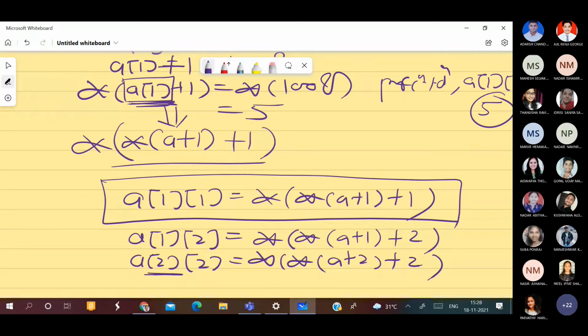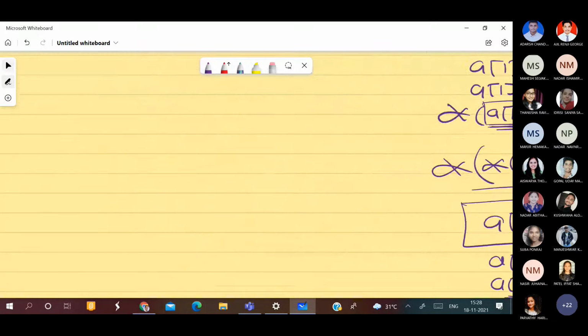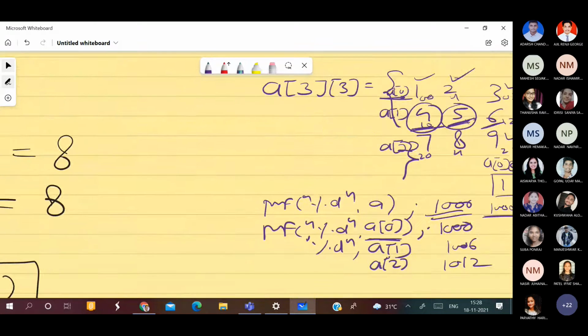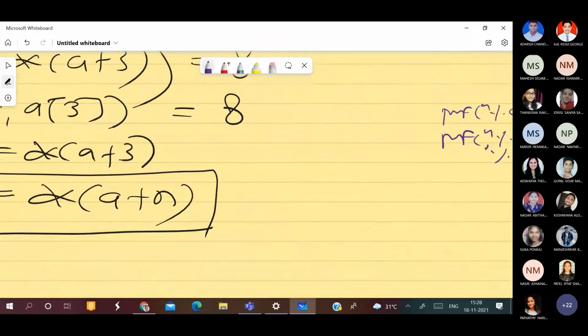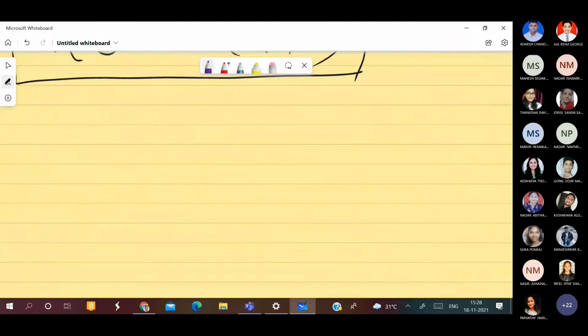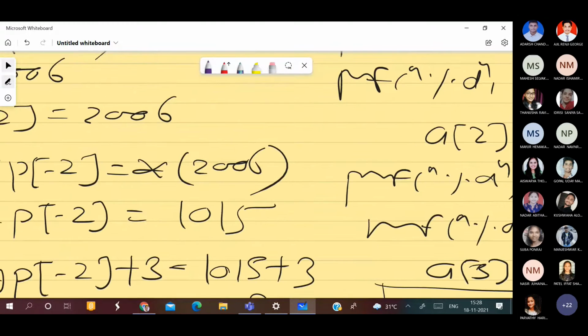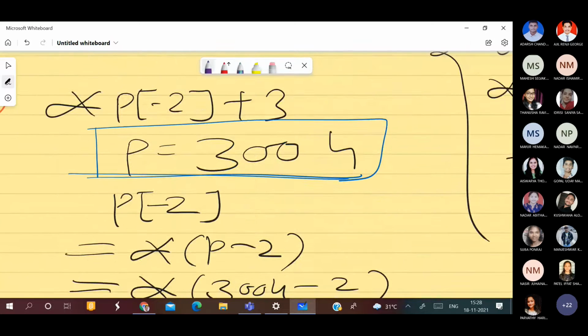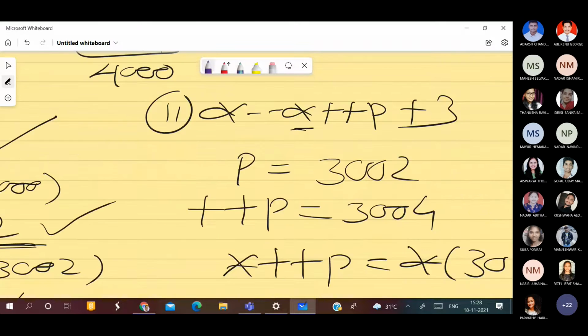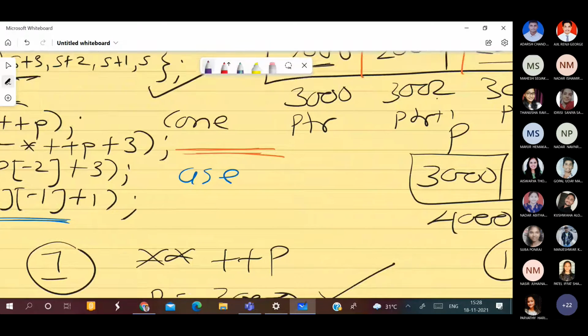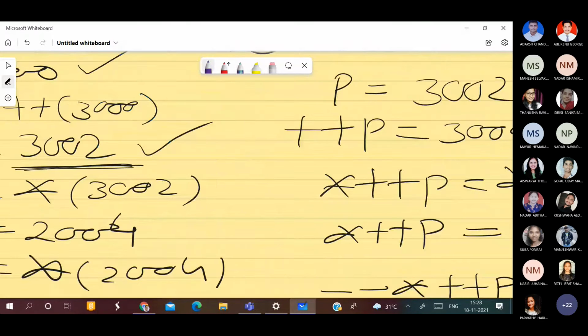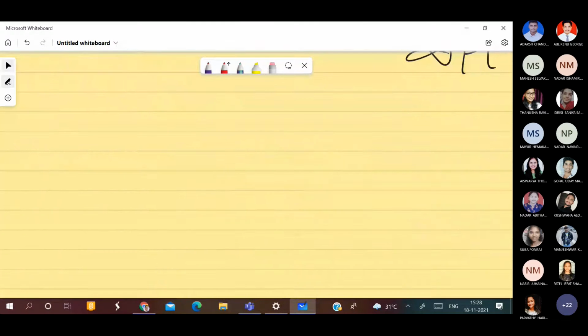Yes, sir. Now, if you are clear up to this, let us go back to my statement. My statement was the fourth statement. Let us check what is my statement. P of क्या था हमारा? P of -1 plus 1 है हमारा. I am into my fourth statement.